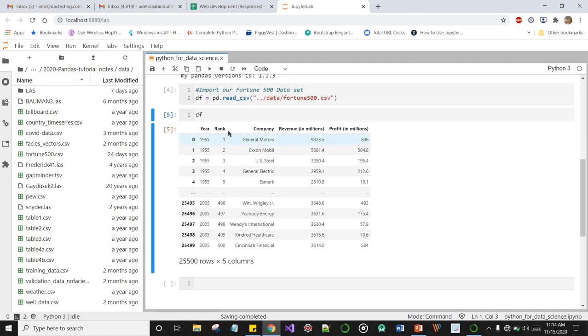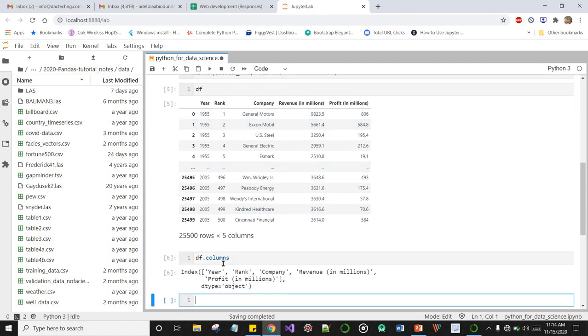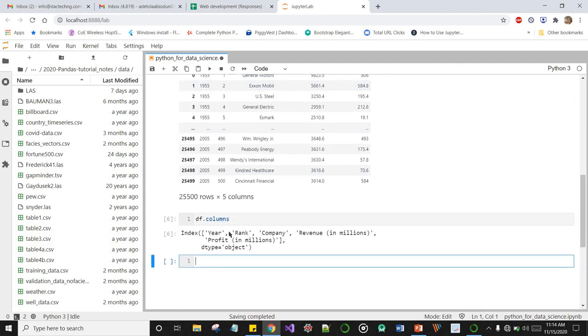So we can just quickly rename these columns, by saying data frame dot columns, okay, data frame dot columns selects all the columns of our data frame. Let's just press shift enter first. We can see the names of our columns here, right? Year, rank, company, revenue, millions, and that. So we can just rename the columns.